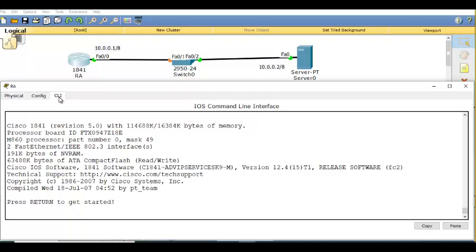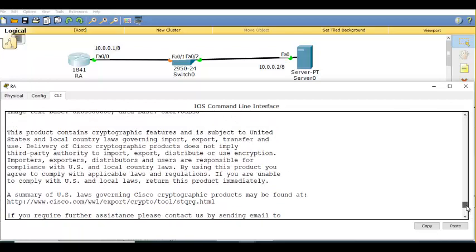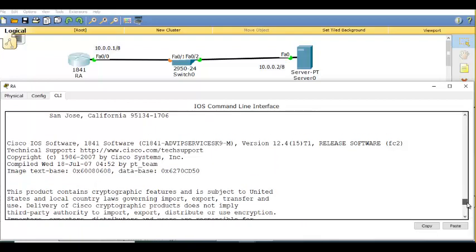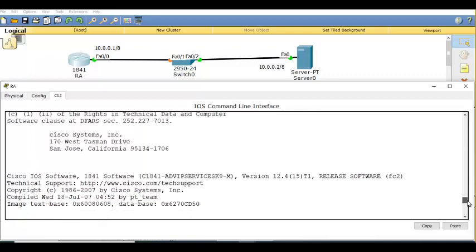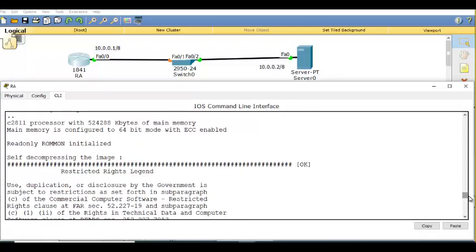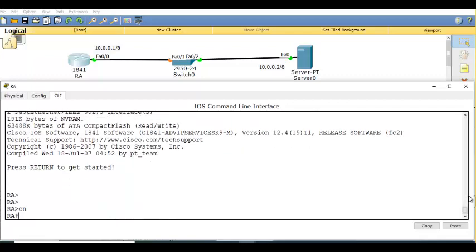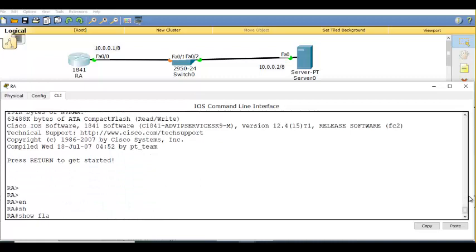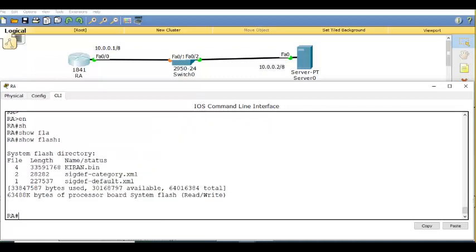So, it has decompressed the file kiran.bin, and you got the operating system. Now, show flash. You got that kiran.bin. This is the only operating system currently available. Did you learn up to here?